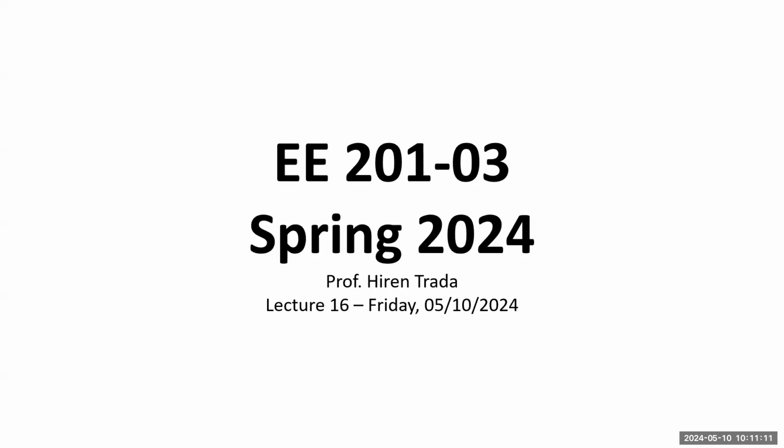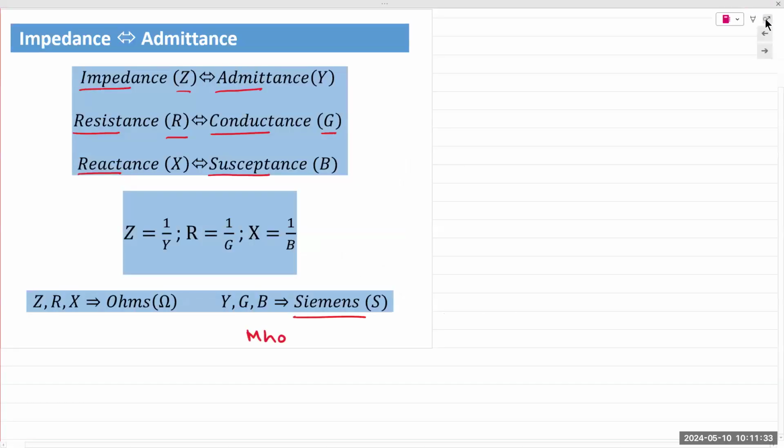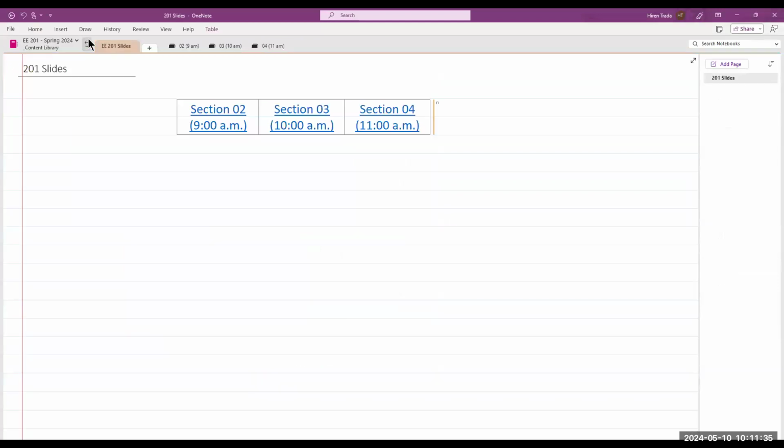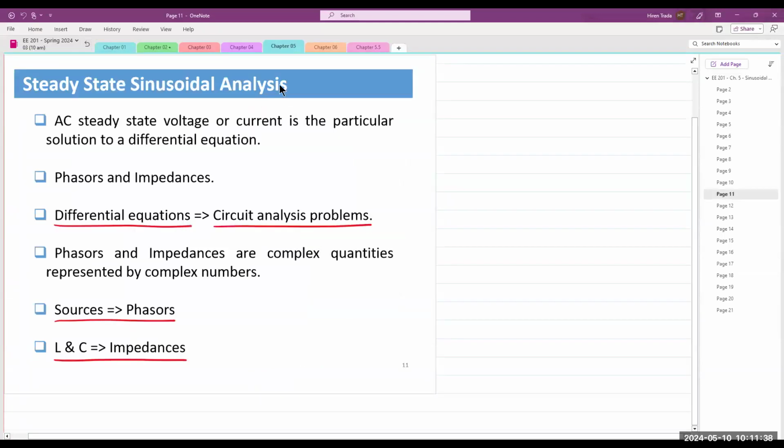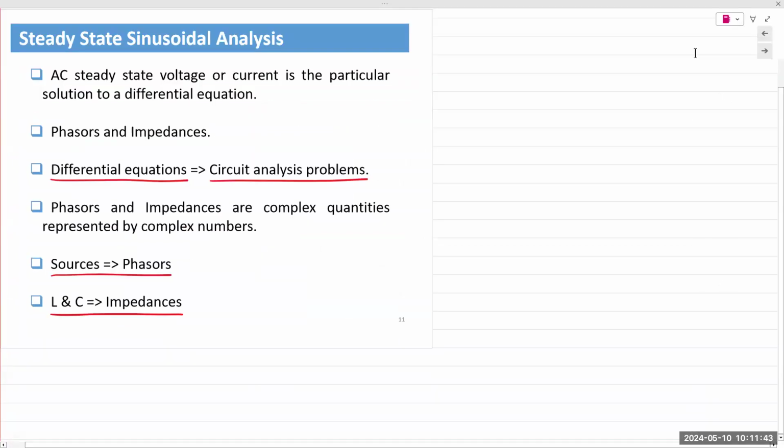So today is, without any hyperbole, one of the most important talks, okay? Because if students don't understand what we do today, then the rest of the quarter is going to be a blur, okay? And we are looking at chapter 5. So let me bring up the class notebook. We're talking about chapter 5, where we introduced the time varying sinusoidal waveforms. And then the point I made was